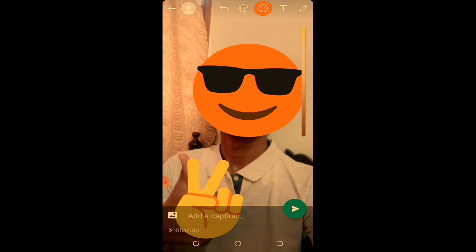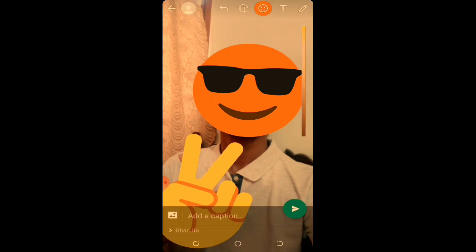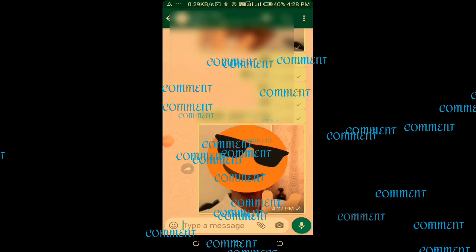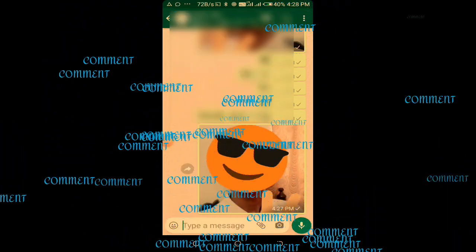So this is the simple way, and you can also enter the text if you want, as you can see the T option on the top of your screen. So from there you can enter the text, and I am sorry that I was not able to show you the text editing options because of some technical error, but I could explain you. First of all, you have to click on that text editing option, and from there you will see the same color adjustment bar. From there you could adjust the color, and if you will drag this color adjustment bar to the left side, then you can change the font of the text also. Now moving on to the next step.